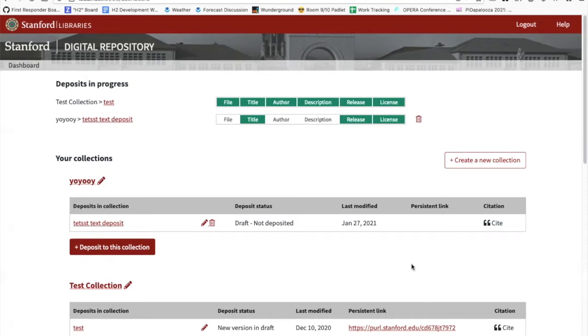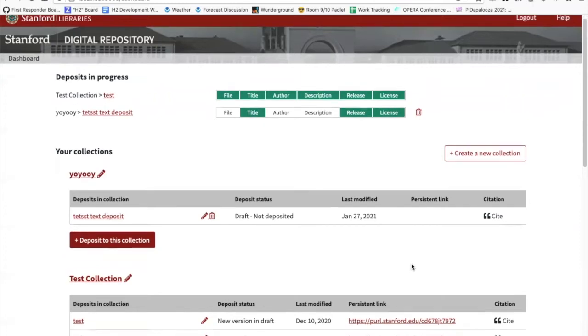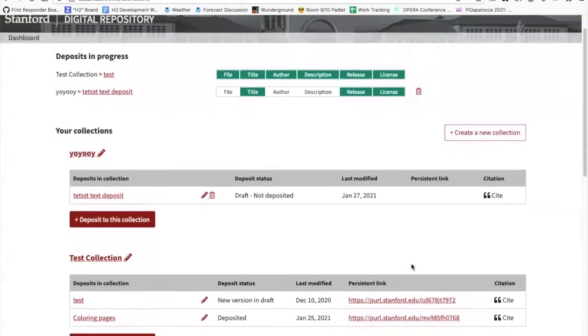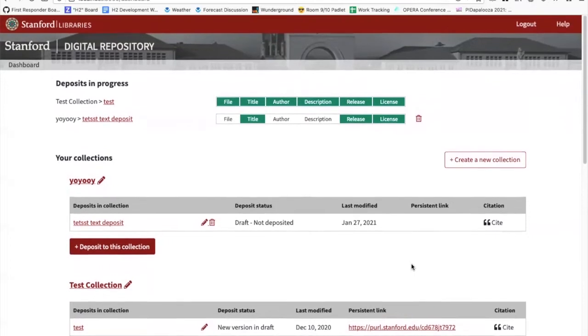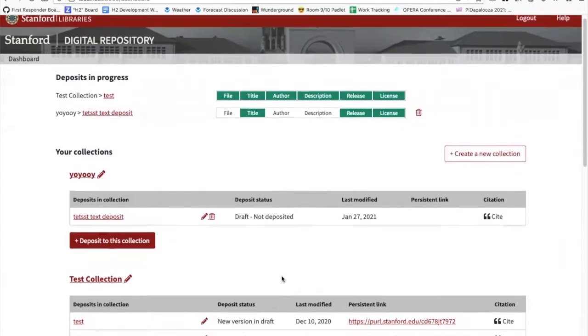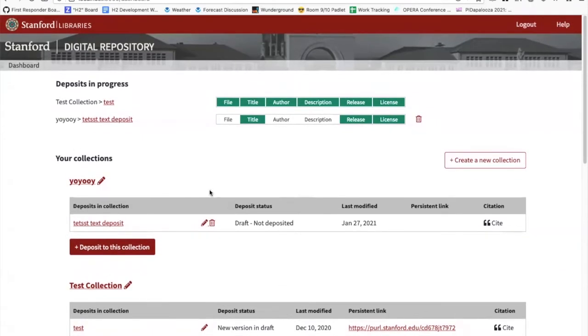So here we're looking at the dashboard, which shows all the work in progress. A couple of things to keep in mind. This is my test version on my personal laptop, which is why none of these names really make any sense. And looking here, we see a few things. There's some stylistic changes to the banner. And in deposits in progress, in other words, works that you're currently editing, we